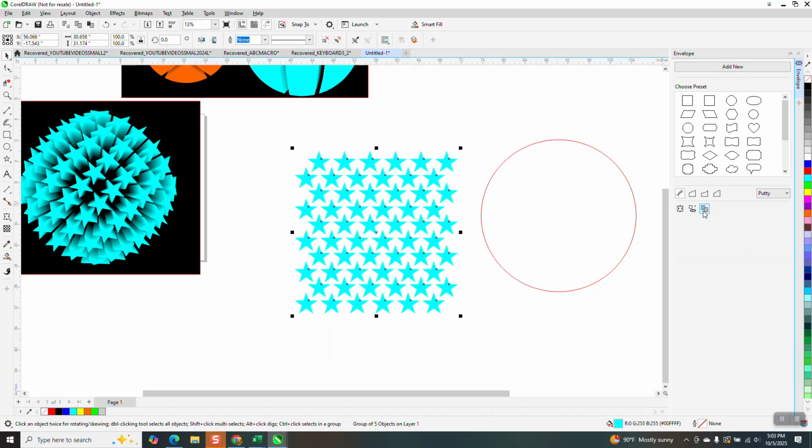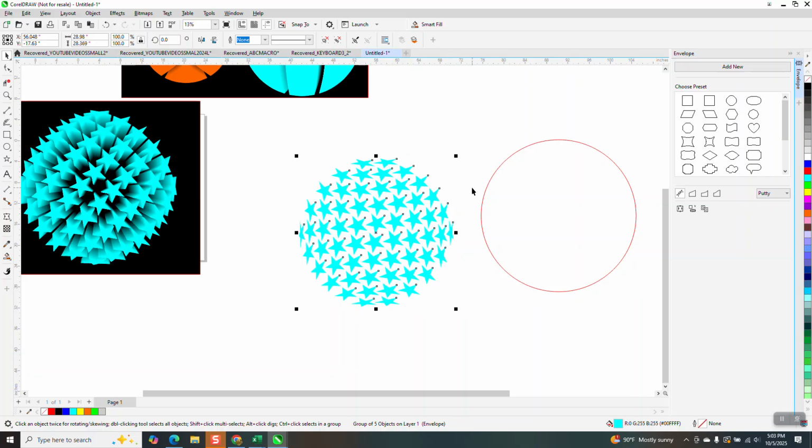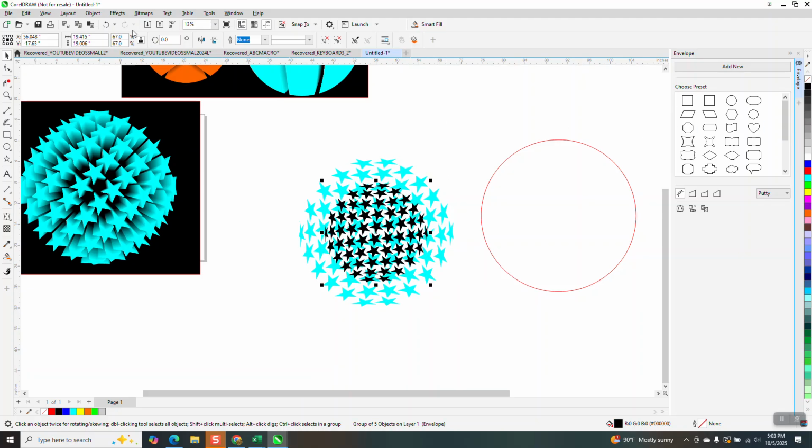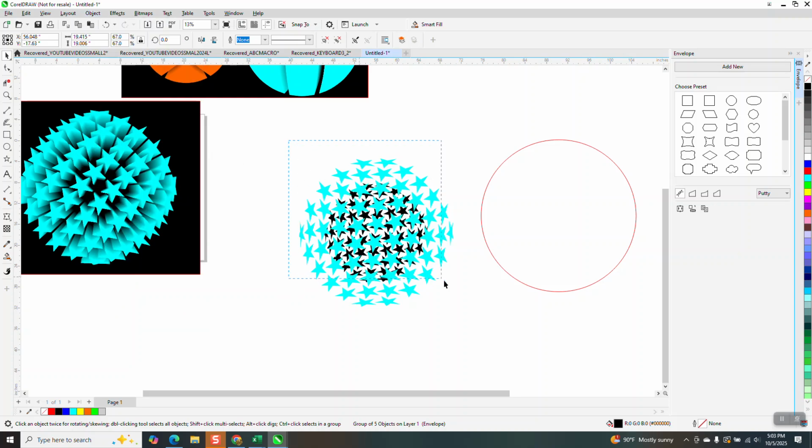So grab that item, create from envelope form, and see, it's not 100%. Well, it's pretty good. And then you don't have to group them together. You've already got them grouped together. Control D to make a duplicate. Hold down the Shift key and make it go from the inside. That one's selected, so make it black. Go up to Object, Order, Back a Page, and then